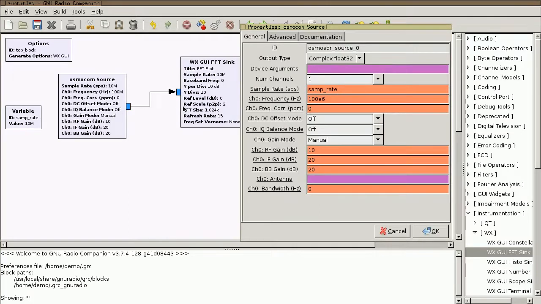Now, some other things I'd like to change in this Osmocom source. 100E6, that's 100 megahertz. That is in the FM broadcast band, but I'd like to tune right to the middle of the FM broadcast band, 97.9E6. And I'd like to change this RF gain to 0, turn off the front end amplifier near the antenna in